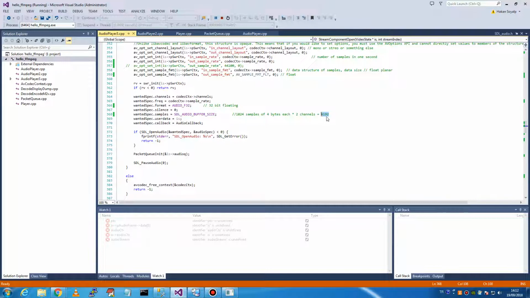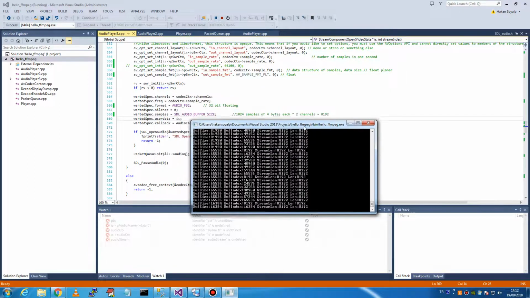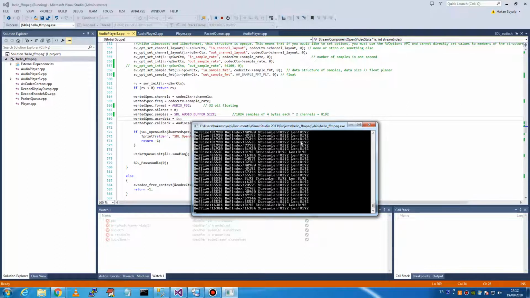Okay, we have calculated here. It demands 8 kilobytes of data, and we fill the stream with 8 kilobytes of data, and in the next loop we put another 8 kilobytes and we forward the buffer index. You see 8 kilobytes here, 16 kilobytes, then another 8 kilobytes, another, until we empty our local buffer